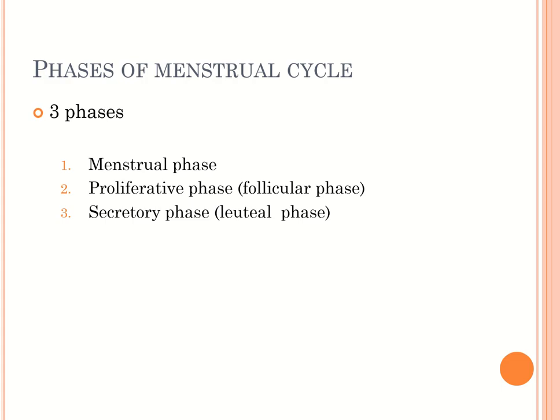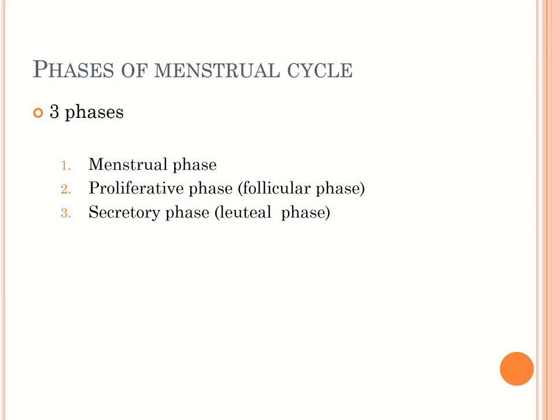Now moving on to the phases of the menstrual cycle. Remember, there are three phases: menstrual phase, proliferative phase, and secretory phase. Remember, these phases are in relation to the endometrium we are talking about. The first 4 to 5 days, there's menstruation, the bleeding which happens, right? That is called the menstrual phase. So what would have happened is the endometrium layer has come off. In the next few days, whatever the endometrium has lost will start proliferating back again. That's why we call it the proliferative phase. So the endometrium is in a stage of proliferation.